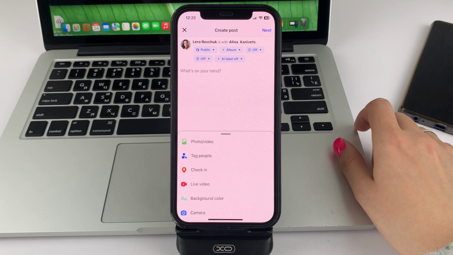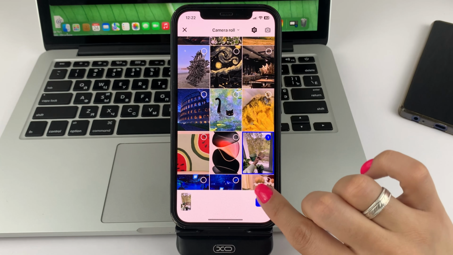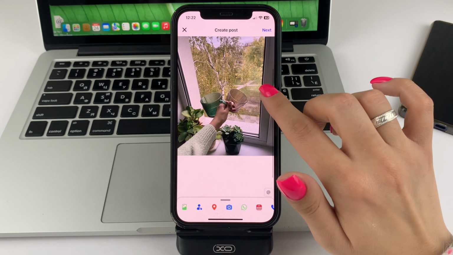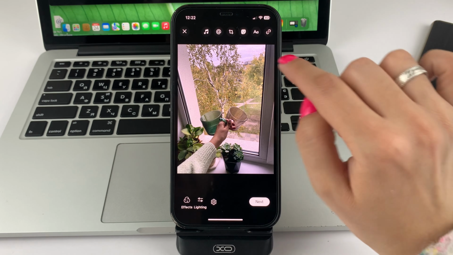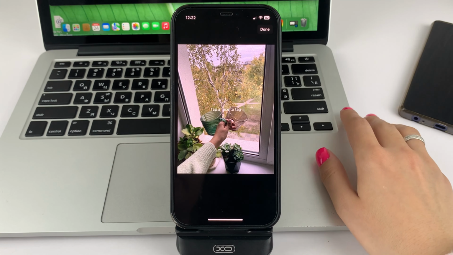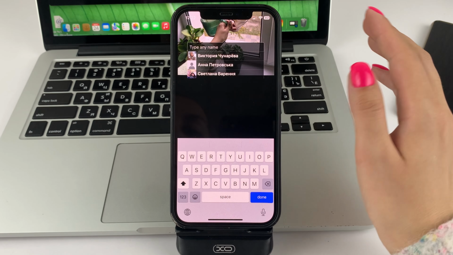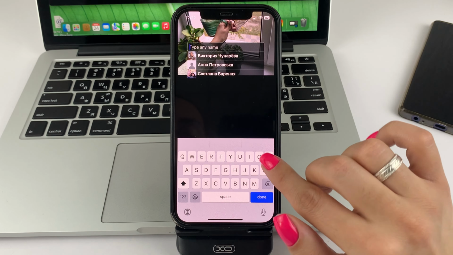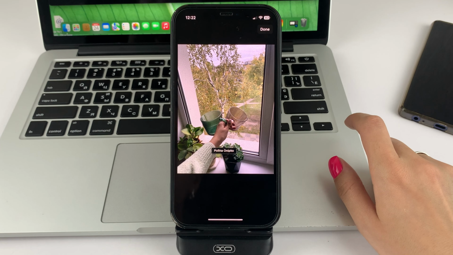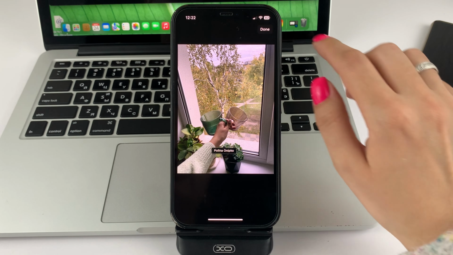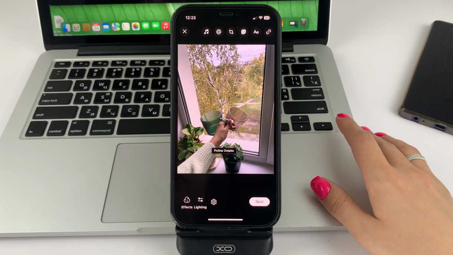And the second option. For this, you will first of all have to select some photo. After that, add that photo. And now, when you open it up, you can also click on the tag sign at the top and then click on the photo and scroll through the list that you get. Or you can just type in the person's name to tag them. This way, you'll also add a mention of the person, but on a specific photo, if you don't want to attribute such a person to your entire post.